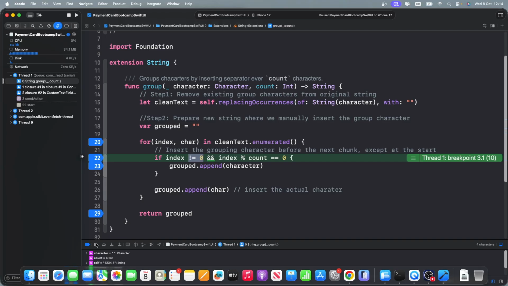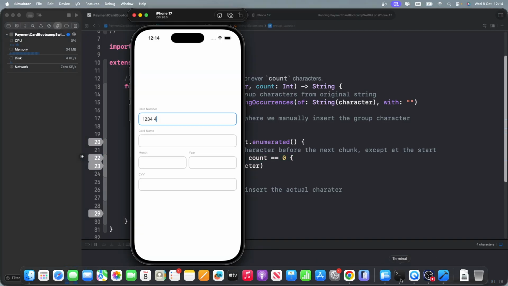So now let's see how our UI looks. You see, we do have the empty string between 4 and 4. Let's enter 8, 7, 9 and 2. So it added one more space, and now the separation of the 16 digits is done for the card number,